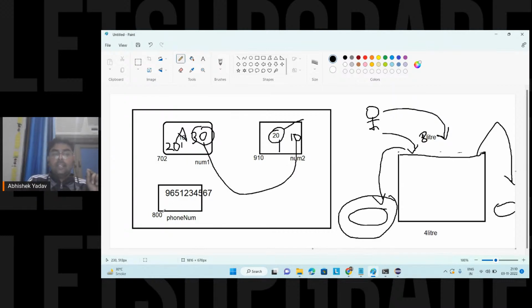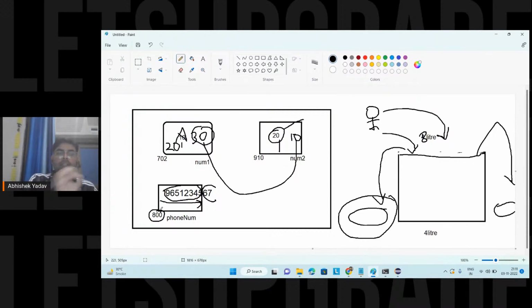My system will say, okay, this data is stored at this address, that is at address 800. So my system will read just 4 byte of data. Whatever data is stored in the 4 byte, that data value will get printed on the output screen. And the data that is overflowed will not get printed. So you will get an answer, but you will get a wrong answer here, because my system is saying